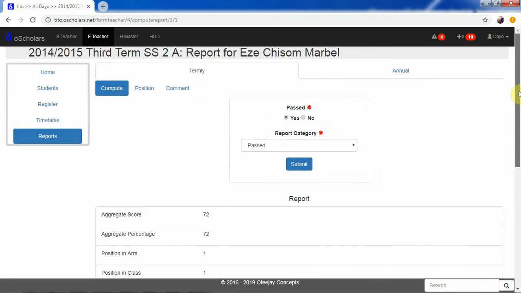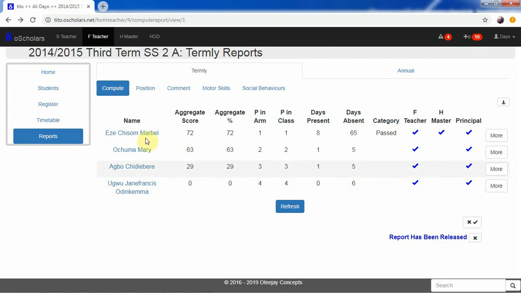So in this particular case, we'll use this one to actually state whether the report for that student overall is pass, and they specify the report category of the students. That's what we use this for. Then we can go back to the previous interface. Now we do that for all of them, so that we can specify whether they passed or not and their report category. Now this one, we can move forward to